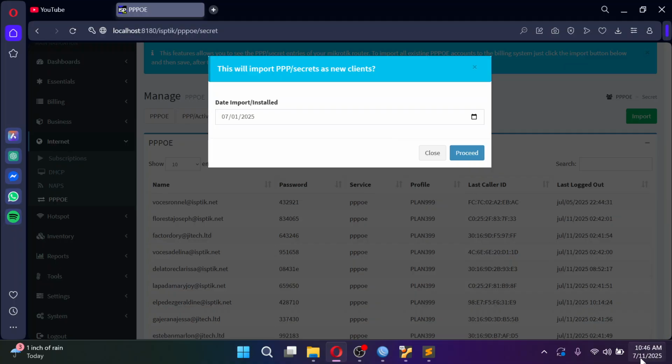So that if you have existing clients or billing system, you can actually implement ISPTech MikroTik billing system at least for the month of July 2025. Okay, so that's the case. If you're good with that, just click proceed to do the importing.